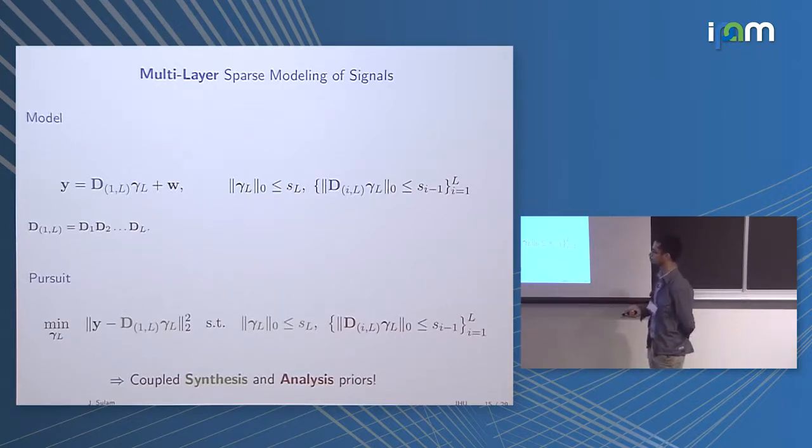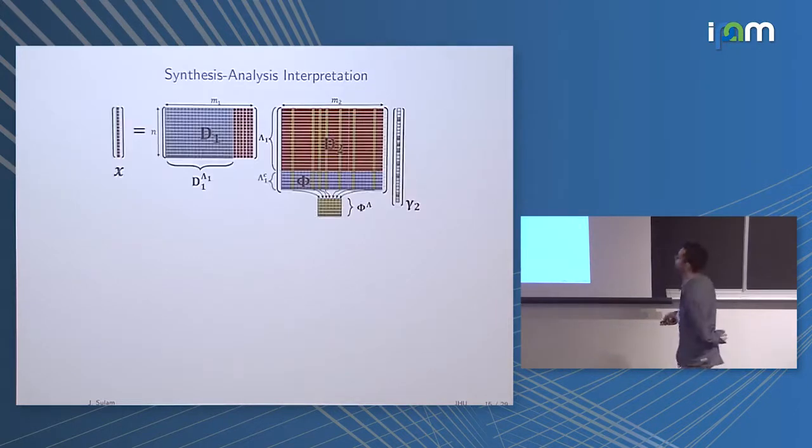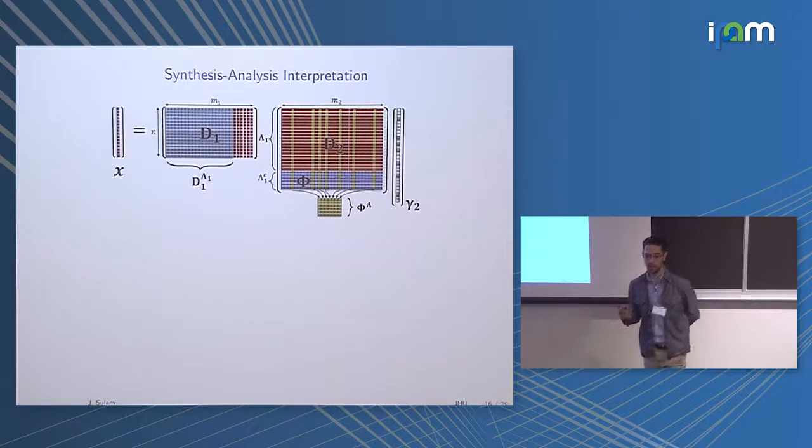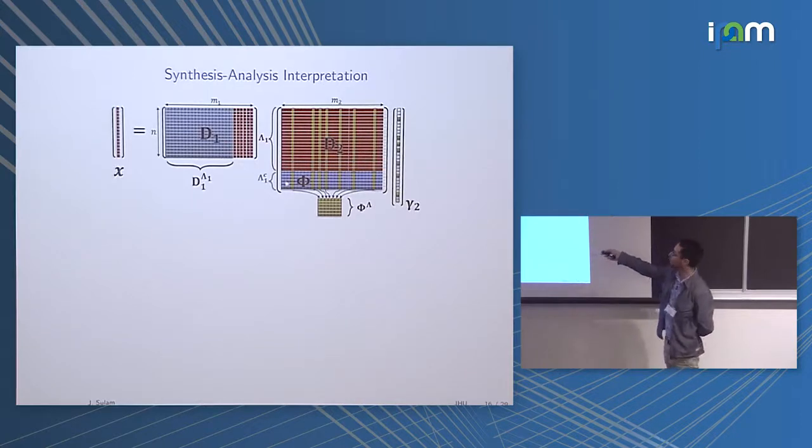Okay, so that's kind of cool, but so what? What do you get out of this? If you exploit this, you actually can get a lot. And this is a demonstration of this for a 2-layer case. So here we have just 2 dictionaries. Gamma 2 is sparse, and gamma 2 also produces zeros in gamma 1. And those zeros have been bunched, located here at the bottom. Okay, so all these entries are 0.